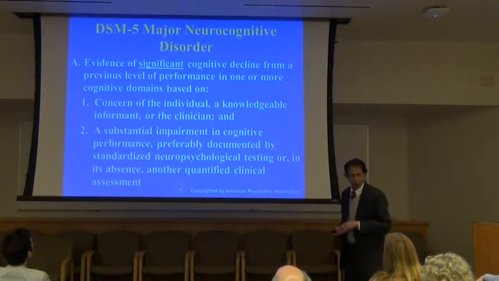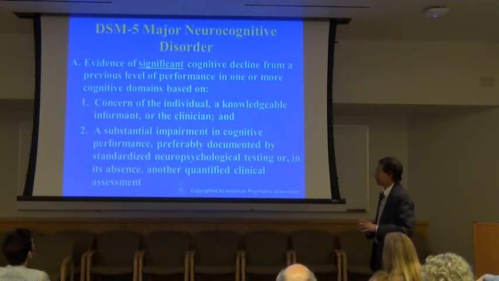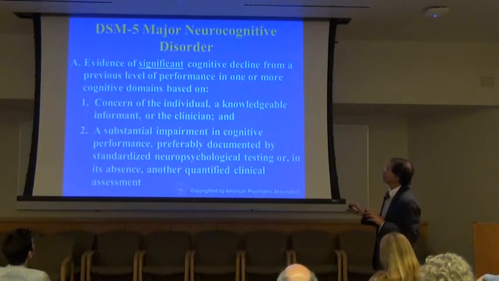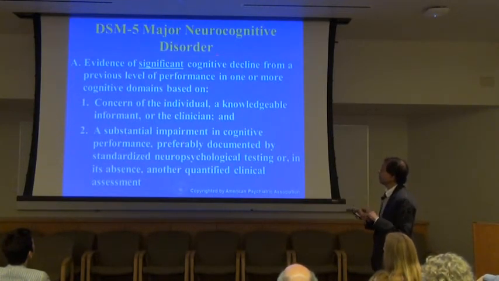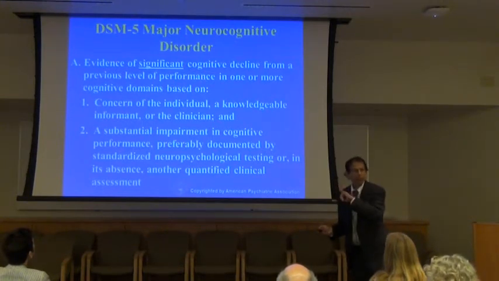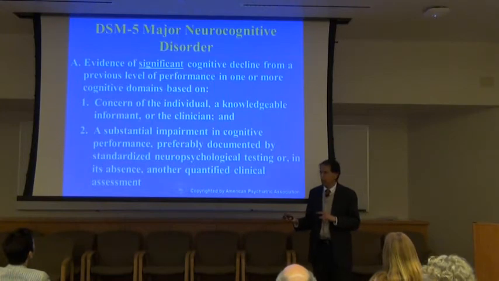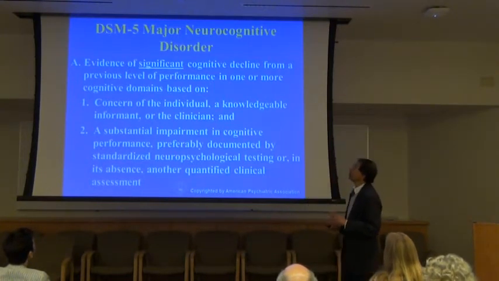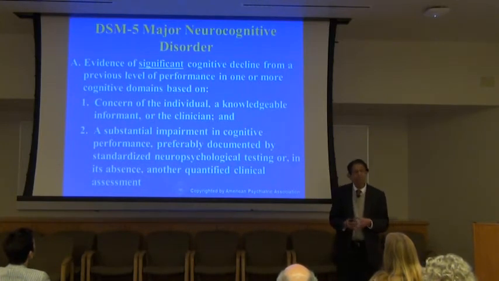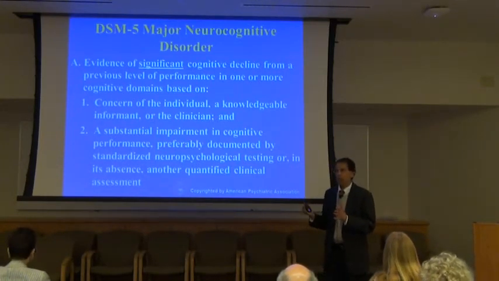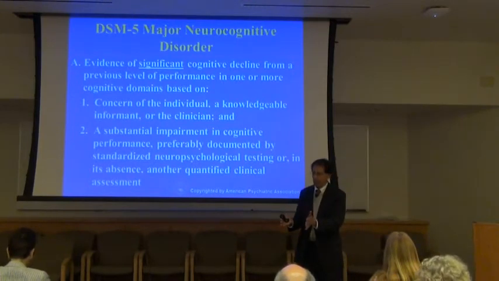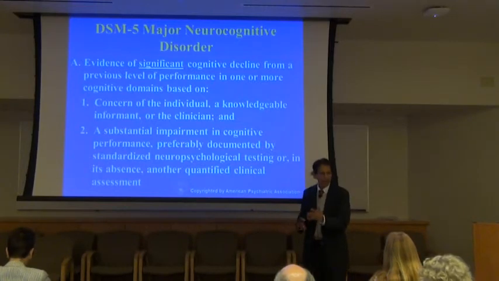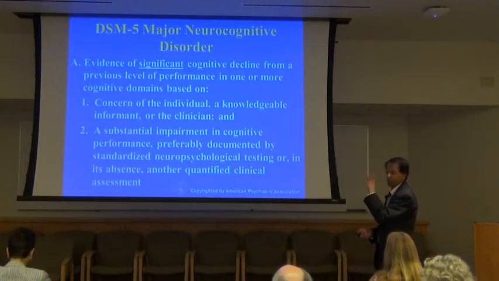Now I'm going to run through this rather quickly because you can see them. The main point I want to make is that in major neurocognitive disorder, in parenthesis dementia, there is significant cognitive decline. This differs from mild neurocognitive disorder, where there is modest cognitive decline. Now what is significant and what is modest? Ideally, modest means between 1 and 2 standard deviations, and significant would mean more than 2 standard deviations. This is again assuming that we have the test and norms, etc. But that's really the eventual goal.